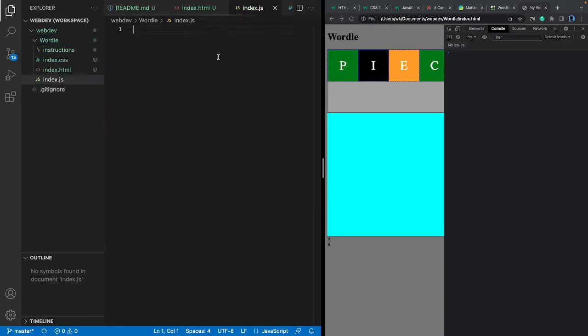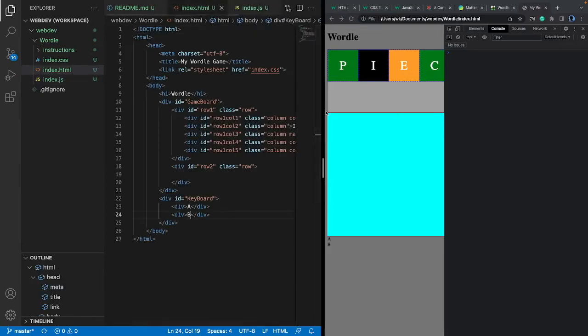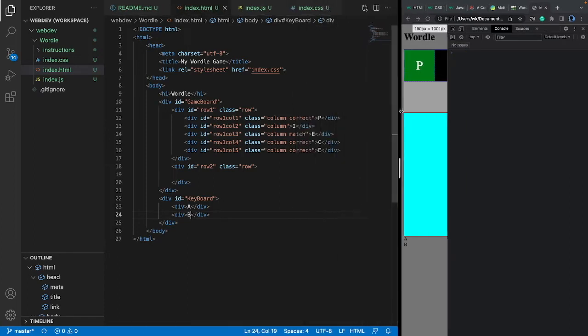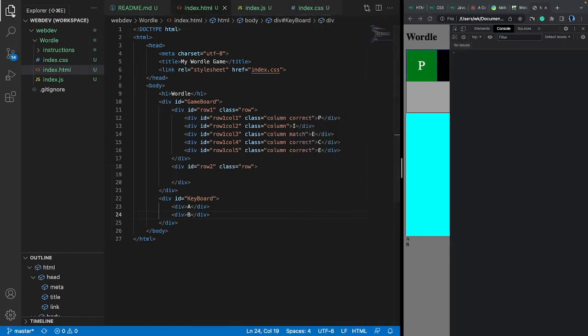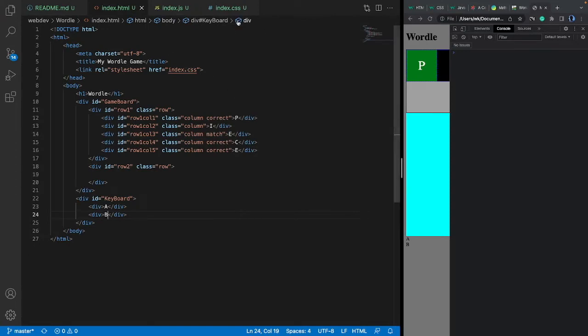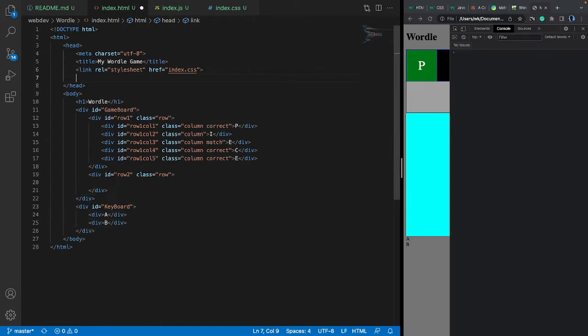I'm going to call it index.js. For now index.js is empty, and ultimately we're going to put code in there, but let's go back to the HTML. In order for this HTML to execute the JavaScript in index.js, we need to include it. The way to do it is to create a script tag and point the src, for source,